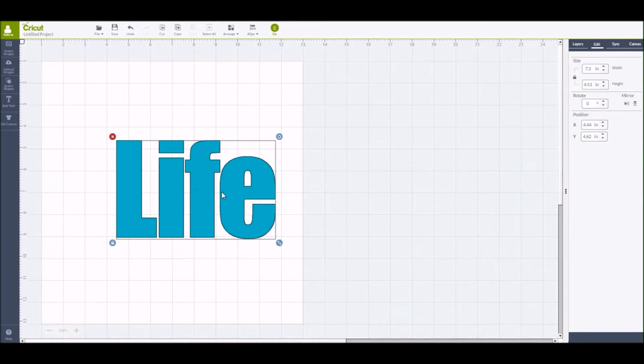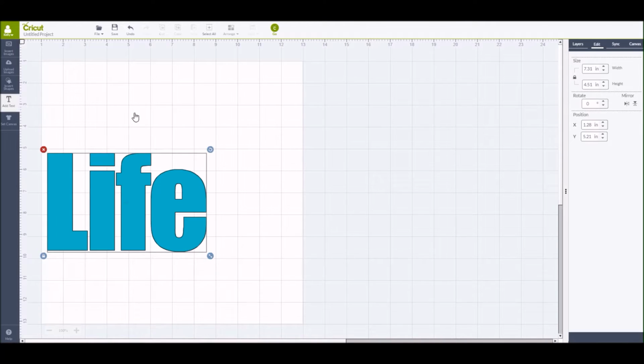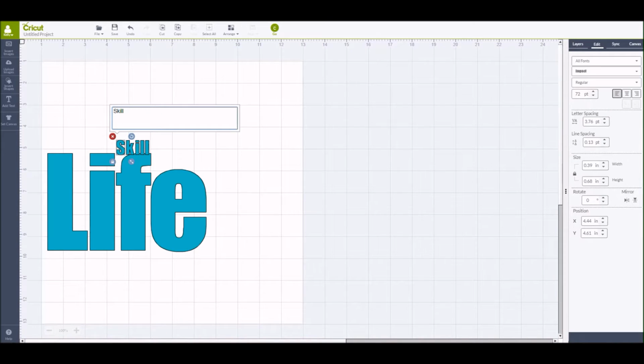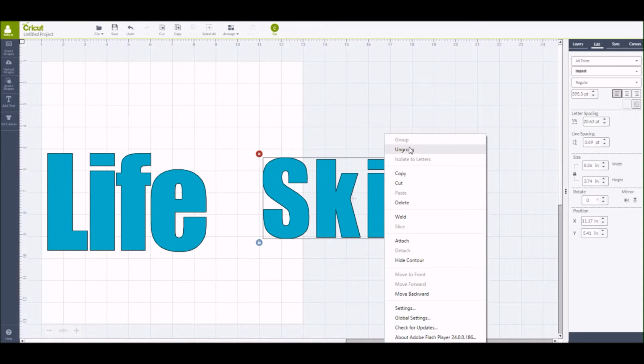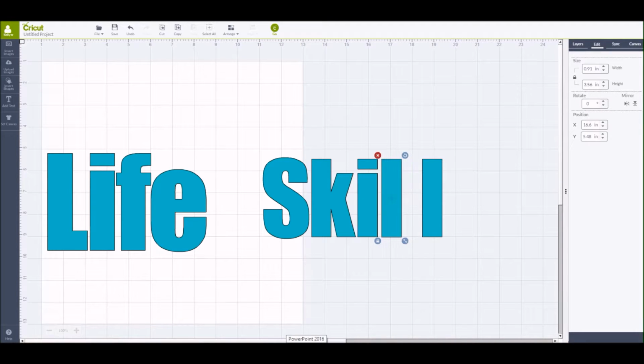Now that I'm happy with the spacing in between each letter, I'm going to go ahead and draw a box around the letters, right-click, and then group the word back together. In the sketch, the photo is sandwiched in between two large words. So I have inserted another text box, added my second word. My title is going to be Life Skill, and I am just repeating the same steps with the word skill that I did for the word life. So I've ungrouped, I'm shifting the letters over, then I will draw a box around those letters and group the